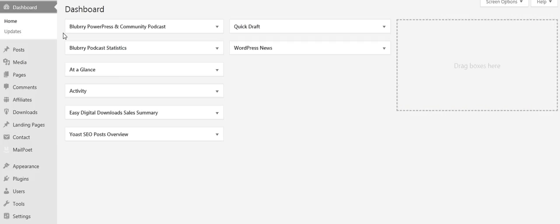I hope you found this to be insightful. This is how you set up a WordPress theme. And remember, all themes are not the same, so just take your time and scroll through to find one that you like, and you can preview it before you activate it and see